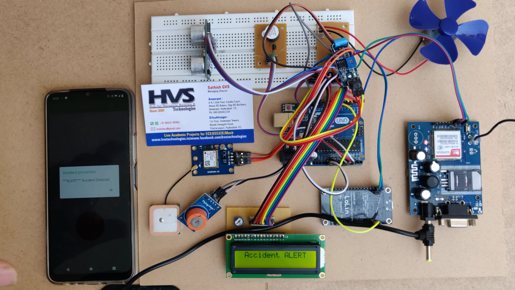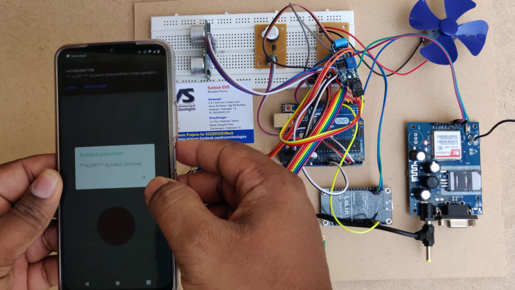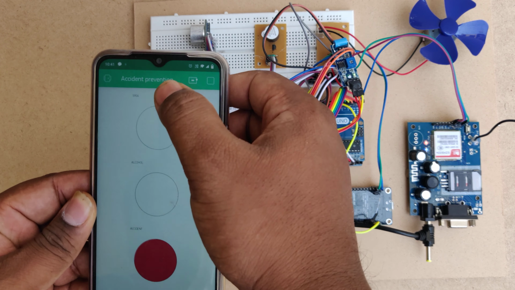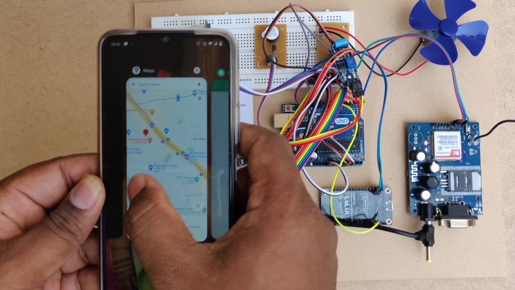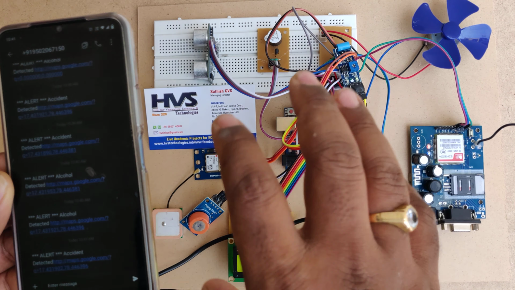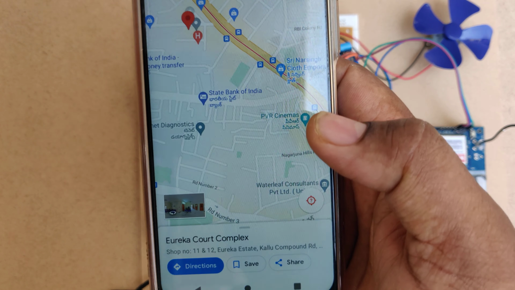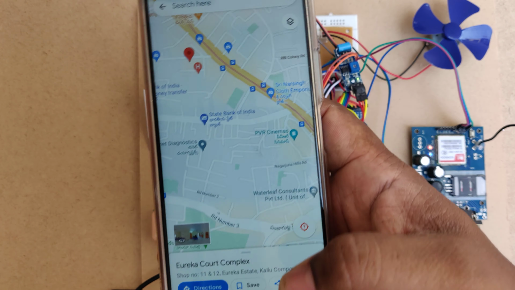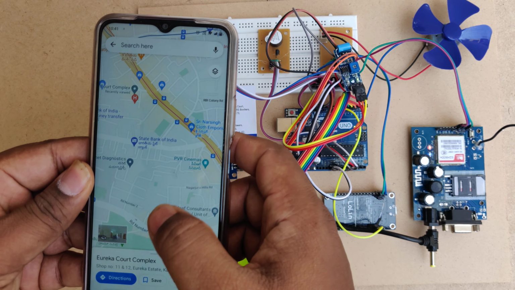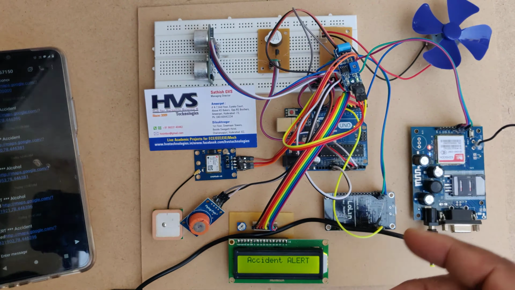These notifications will be alerted on your phone even if you didn't open the Blynk app. Once an accident is detected, the GSM modem continuously stays in buzzer mode and sends the alert message, received with the same location. So the other messages we get are alcohol and accident detection.